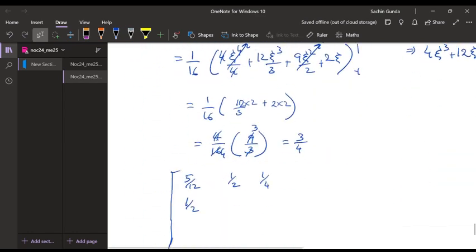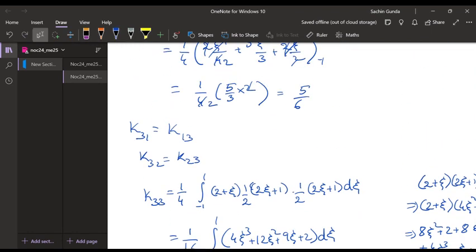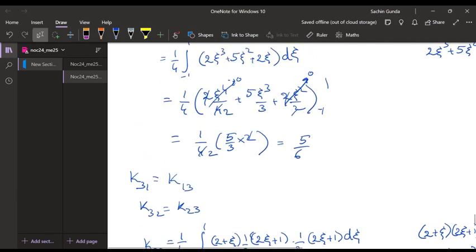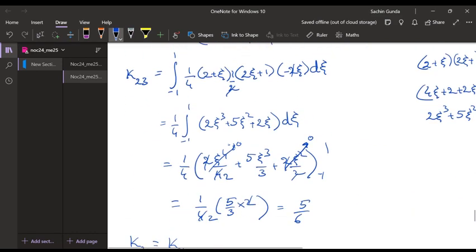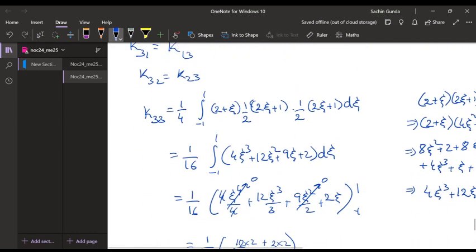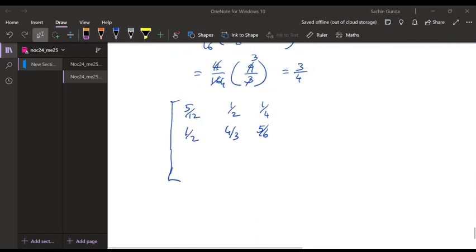K22 is 4 by 3. K23 is 5 by 6. K31 and K32 will be the same as K13 and K23, and K33 is 3 by 4,